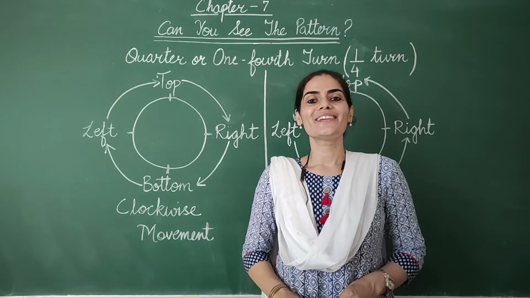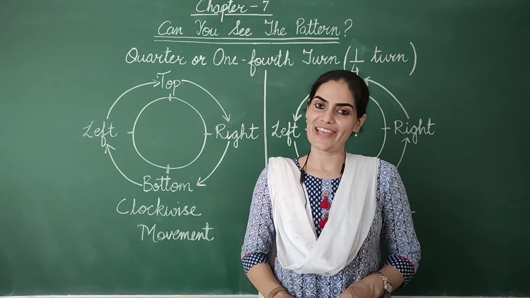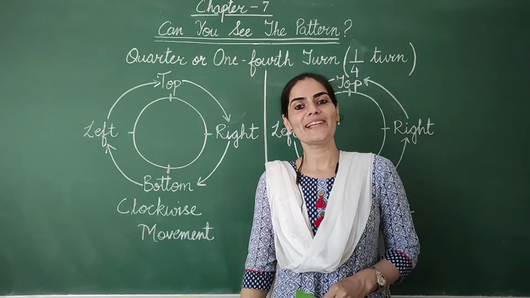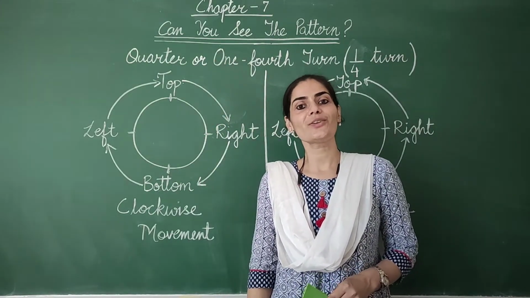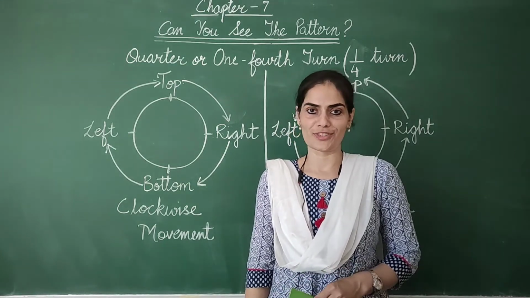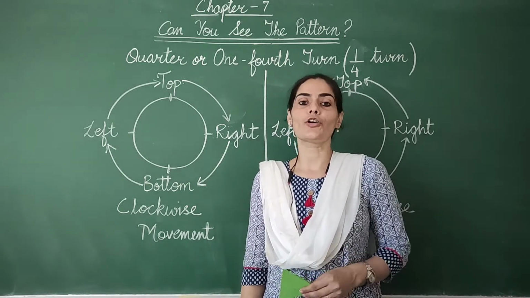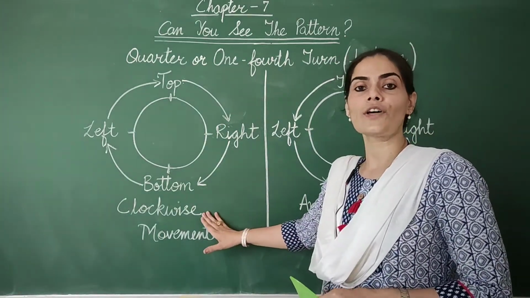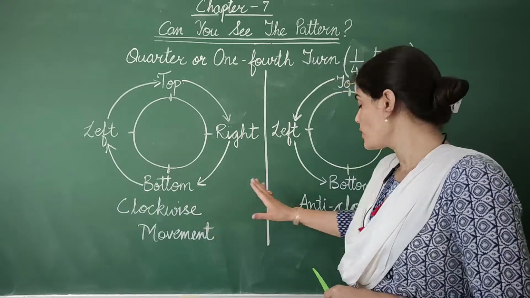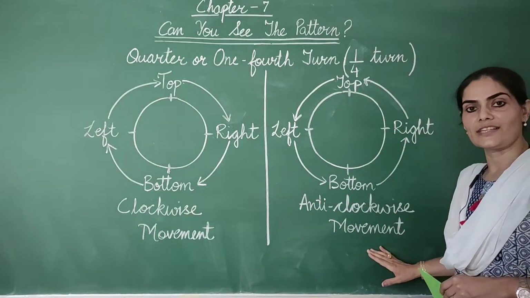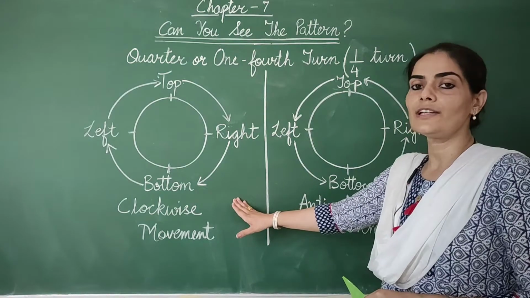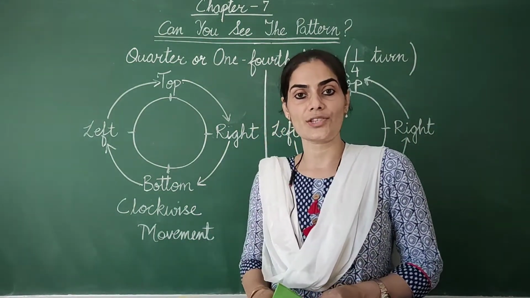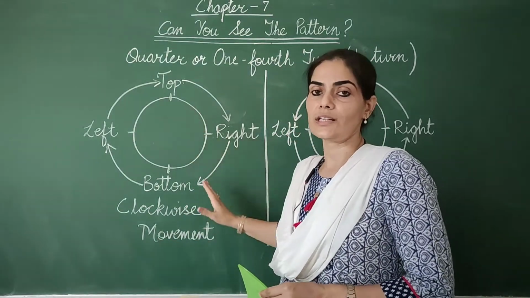Hello children, we are continuing with chapter 7, that is, can you see the pattern? Today you will be learning about quarter turn, or we can say 1/4 turn. Now here also we need to be very cautious about whether the movement of the object is going to be clockwise or anti-clockwise. So first we will learn how the position of the object changes if we give it quarter turn